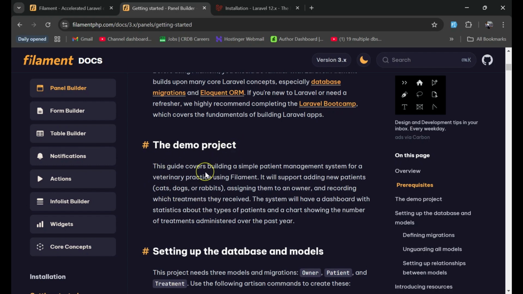So in order for me to be very precise and to do the perfect thing, and so that you guys can understand Filament PHP, I'll be working based on the documentation of Filament PHP. I'll not do anything out of that, so that you guys can be in the same phase with what Filament is meant for. So by saying so, this is the demo project that we are going to create,